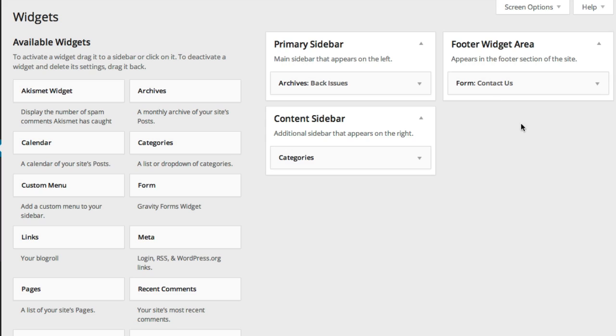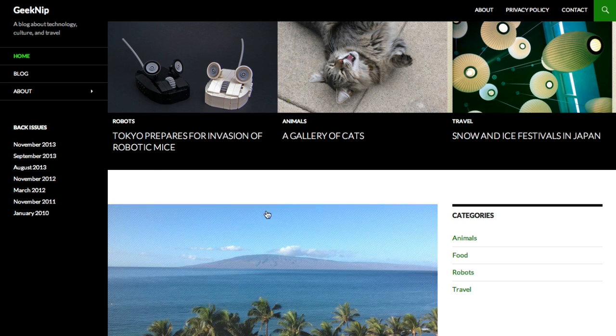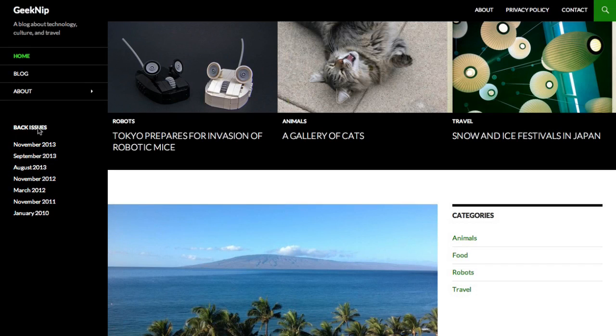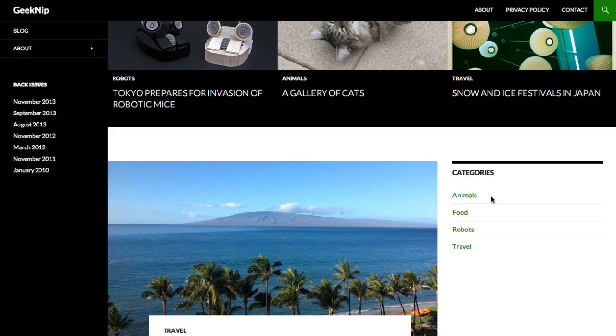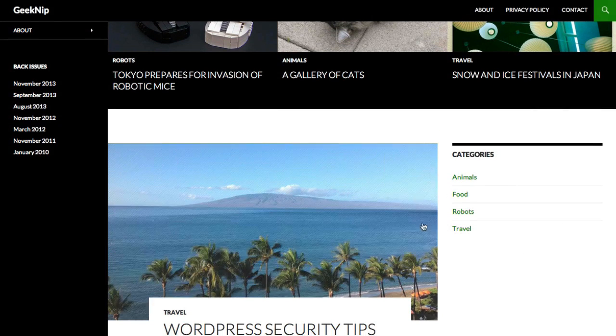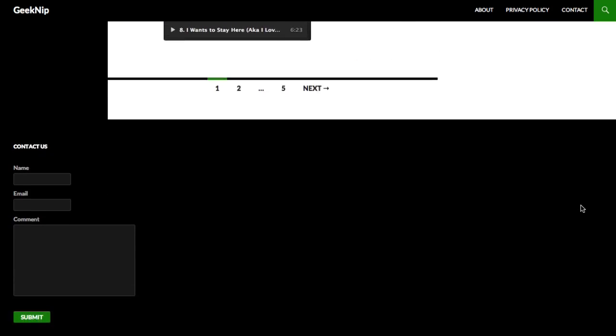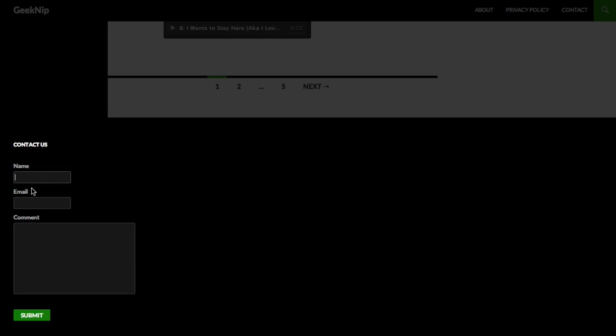Now let's take a look at the website and see what this looks like. And so you'll see here on my site using 2014, I've got my archive list with back issues. That's the custom title that I gave it. It's appearing on the left sidebar below my main menu. And then over on the right, in the content sidebar, I've got categories. If I scroll all the way down to the bottom, you'll see there's my contact form in the footer, just